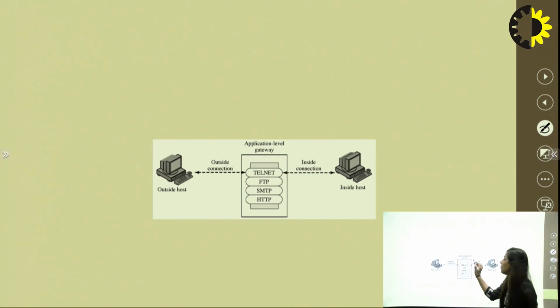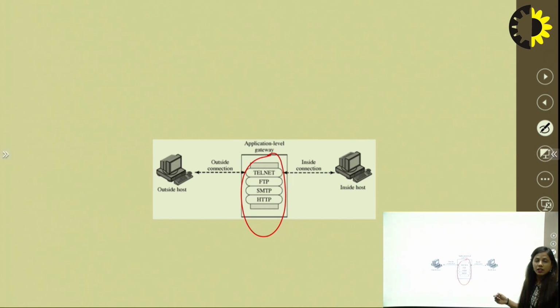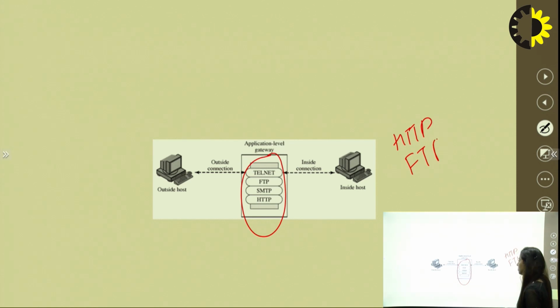In which it will work upon all the protocols. Which are the different protocols which will work over the application level? That is HTTP. These are the various protocols which will work over here. FTP, that is file transfer protocol. SMTP. SMTP is also used for mail purposes, in which it can handle the incoming and the outgoing of the messages. Similarly, file transfer protocol is used for transferring different files, video files, audio files, and